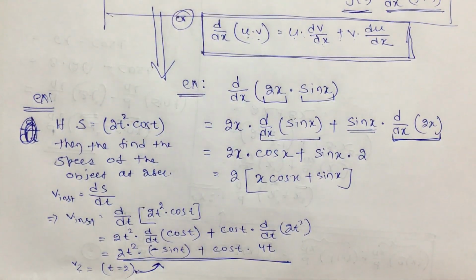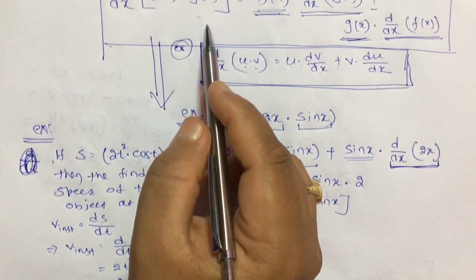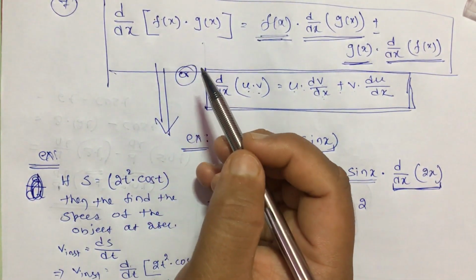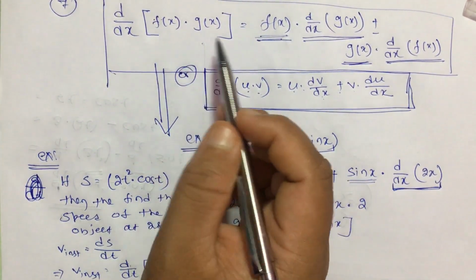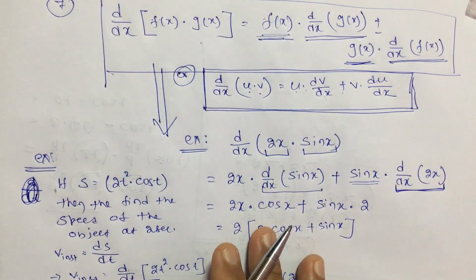Okay. Now, let us come to the next part. Now, we have learned about multiplication. Now, what will happen if it is given as division? See, addition and subtraction was very easy. Then for multiplication we got a different formula. Now, let us see what is happening in case of division.